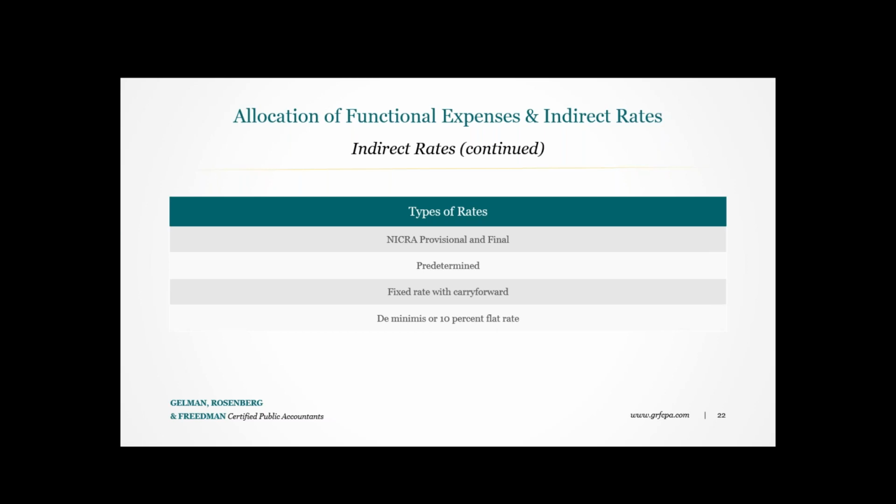Generally speaking, the NICRA provisional and final rates are the ones that are most commonly used because the costs are tied to the year that you're incurring those expenses. There aren't prior year indirect costs carried into a future year. There's no profit or loss opportunity. And then the final one here, the de minimis rate, this one is simply for organizations that do not have a NICRA. They have less than 35 million in federal funds. And it's also commonly used in the case where there are subgrantees where a rate has not been decided, and at a minimum, they are afforded a 10% reimbursement rate.